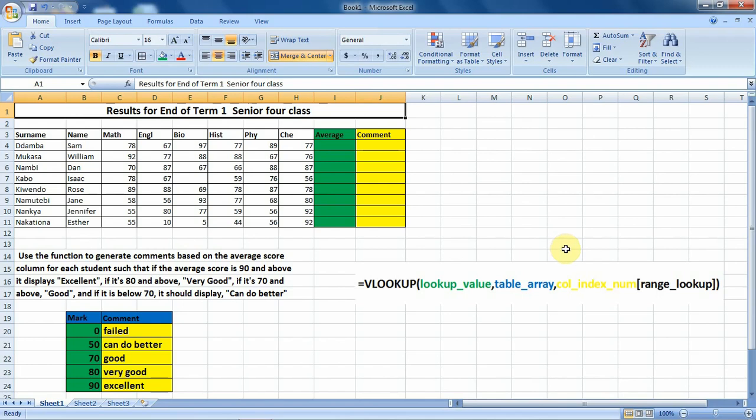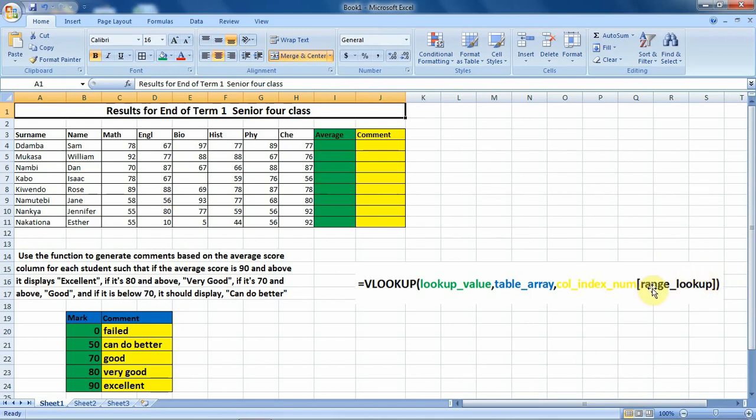After specifying the column number that contains the value you need, you can also specify whether you want VLOOKUP to find an approximate or exact match in those arrays.